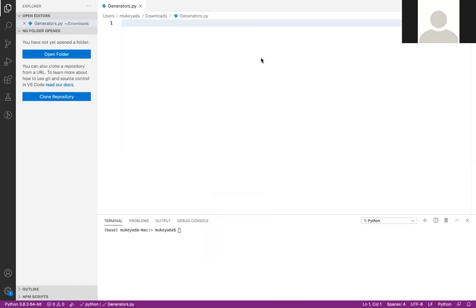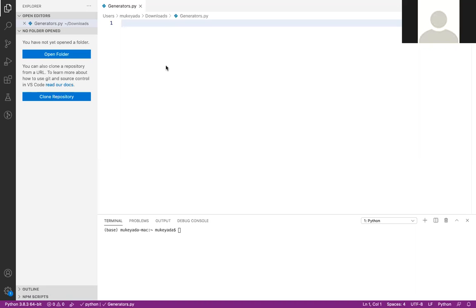Today I'm going to discuss a very powerful concept in Python, that is generators. Here we will learn what a generator is, why we have to use this concept, and what the advantage would be if we use generators in Python. As usual, let's get started with the technical things first, and after that we'll come to the generator definition.